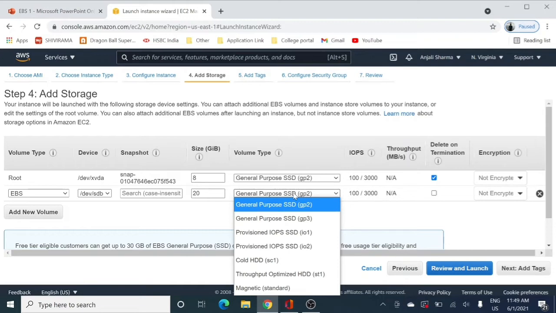So all those types of EBS volumes are available, and we can use them as per our use cases. So if we require more IOPS, then we can go for provisioned IOPS. If we want our volumes to be throughput intensive, we can go for the HDD ones, right?